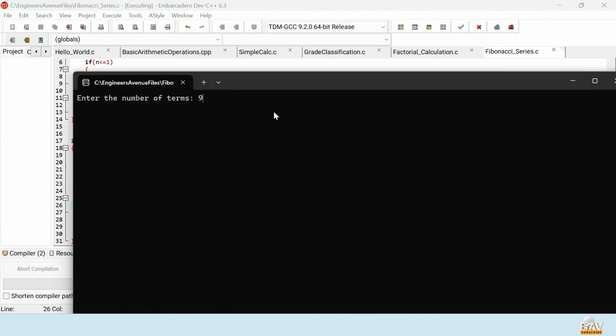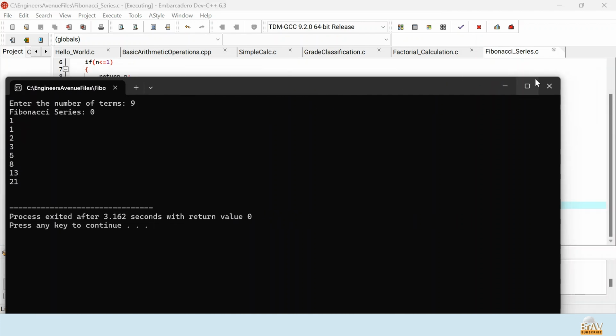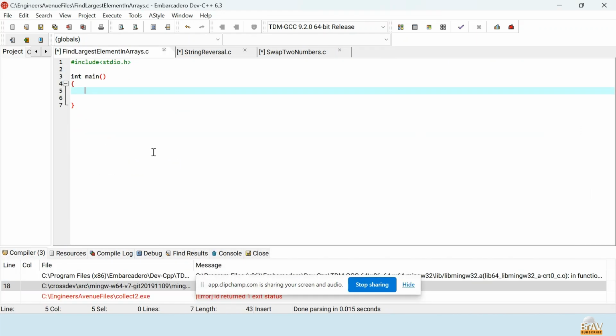Suppose for 9 terms we are going to print. So it is going to be 0, 1, 1, 2, 3, 5, 8, 13, 21. For 9 terms it is like this only. This way the Fibonacci series is also completed. The next program is for,